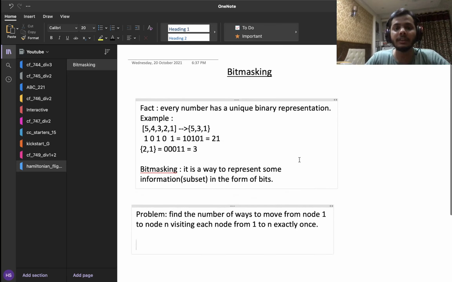So here dp of mask I is representing, similar to what I did here, mask will also be representing a subset. It is a number which will be representing a subset. So dp of mask I is nothing but the number of ways of reaching from node 1 to node I such that all the nodes which are in the subset represented by mask are visited exactly once, and all the nodes which are not in the subset represented by mask are not visited at all.